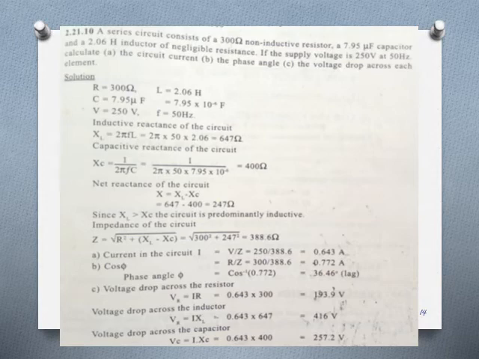Now, how would you draw the phasor diagram? Try it out by yourself. The phasor diagram will be exactly similar to what we have drawn earlier when the circuit was inductive. Exactly the same. Draw it here and write the magnitudes of V, VR and the net voltage, that is VL minus VC. If you write down the magnitudes to that same phasor diagram, you will be having the phasor diagram for the circuit also. So do not leave out the circuit diagram and phasor diagram. Even though it is not shown here, you should definitely draw it.